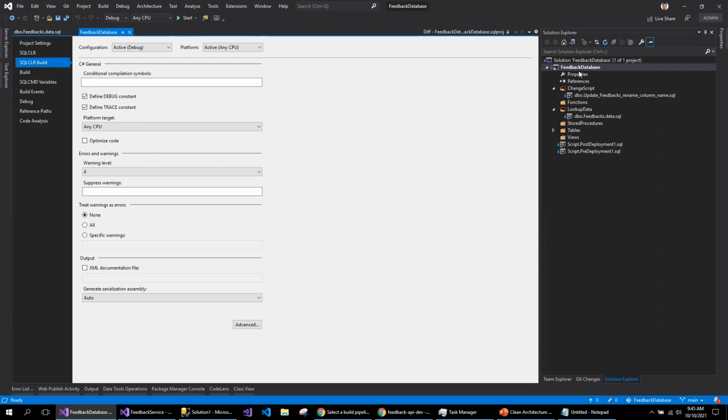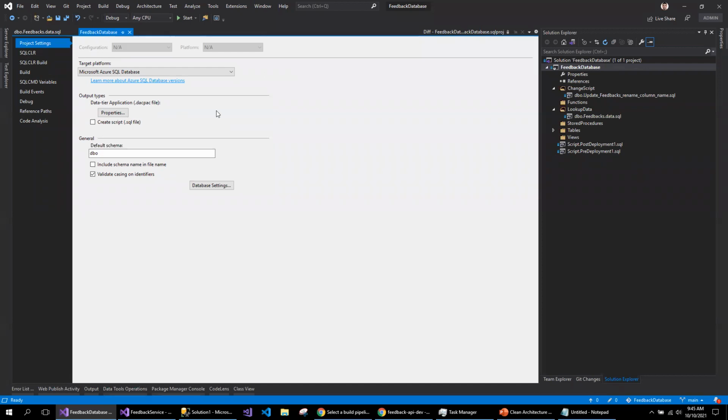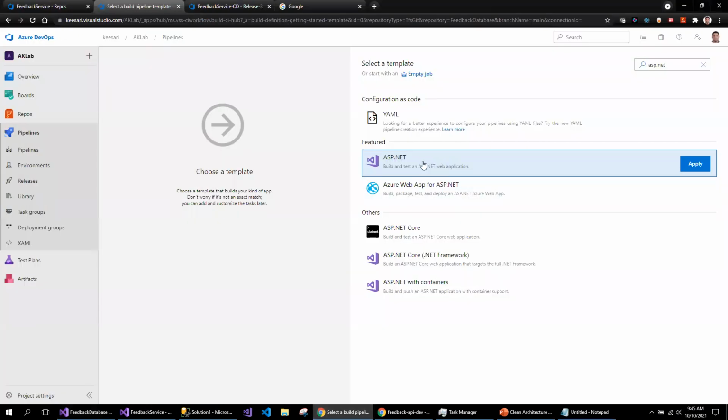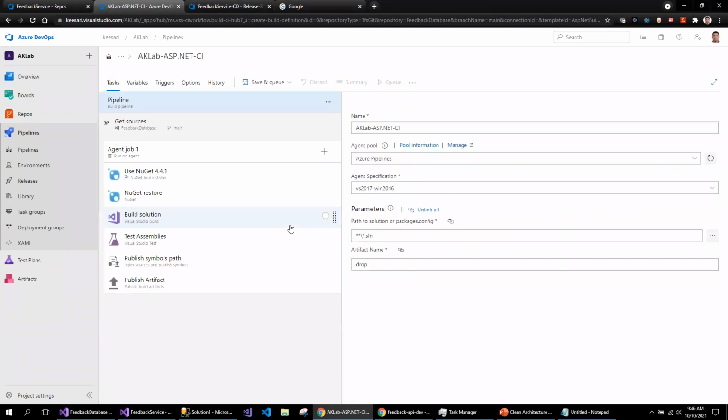Anyway, this is my Visual Studio project. I'm trying to see whether it is a SQL. The target framework is .NET Core or the .NET framework, but never mind. Because this is the Visual Studio project, I'm going to use the ASP.NET build and test task so that my source code is going to compile.